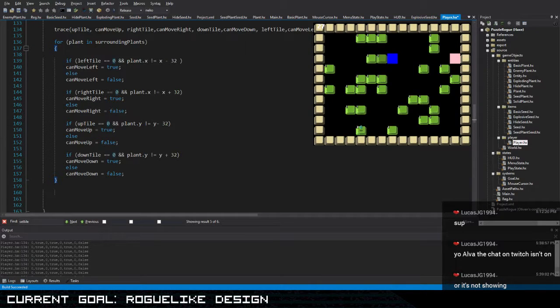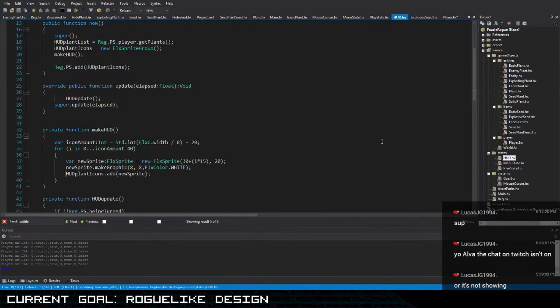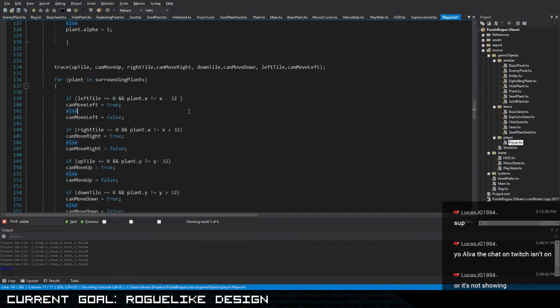Well, the new graphics are not final. This is just a placeholder for me to visualize things. So it's not really... They're not really graphics. So right now what I'm going to do is I'm going to check, make sure that the player